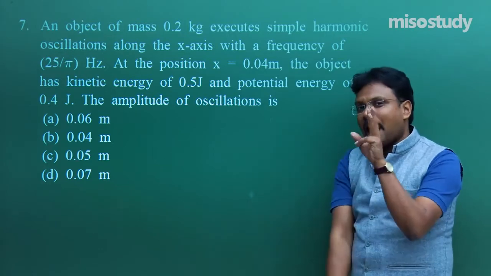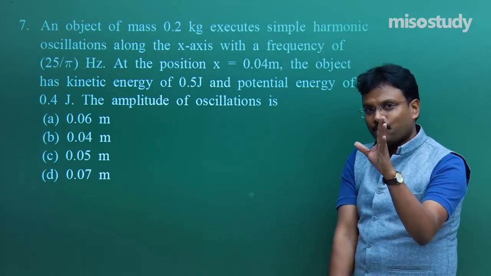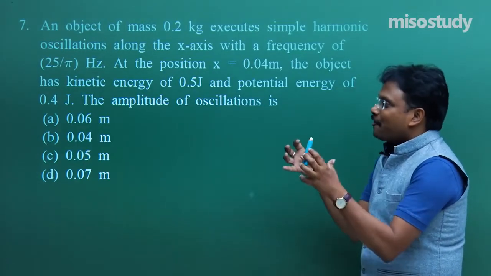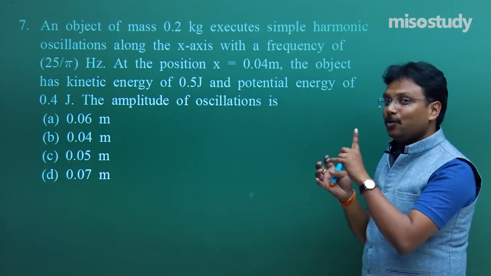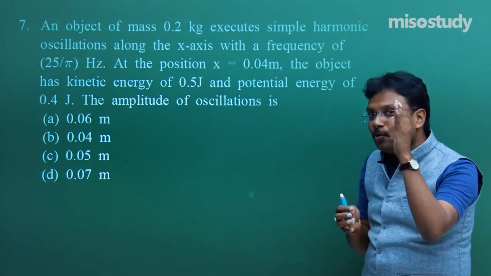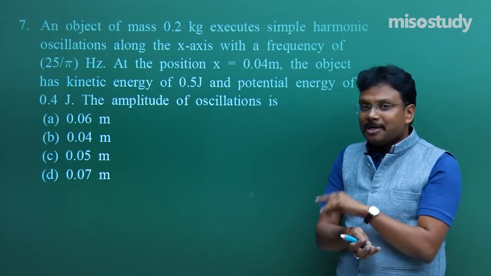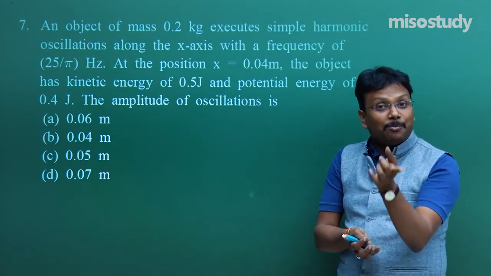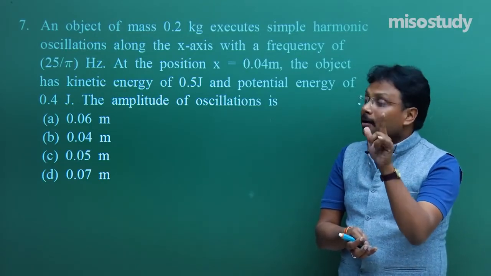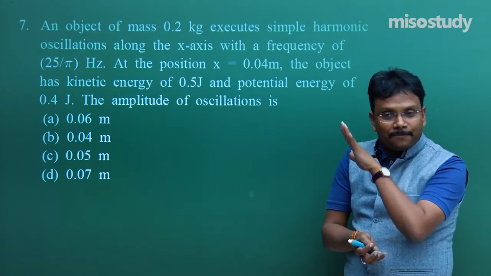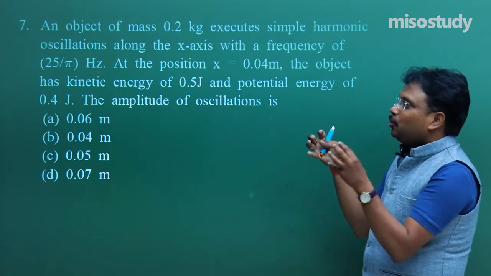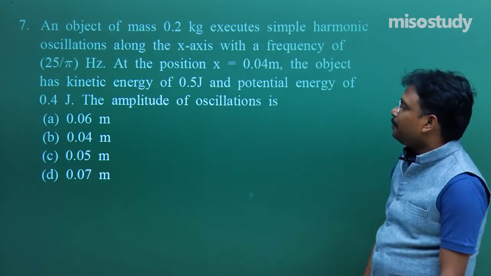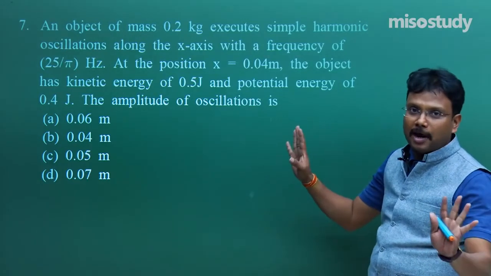Now in this question, after 4 questions, what I did? I simply incorporated the concept of kinetic and potential energy both. Try to recall. In the same discussion, question number 1, 2, 3, what I mentioned? Kinetic energy max is half m omega square a square. Accordingly, potential energy max, and omega is what? 2 pi f. So you can say, okay, those two concepts are correlated over here, fine. So the amplitude of oscillation is how much? That we have to find out, okay.